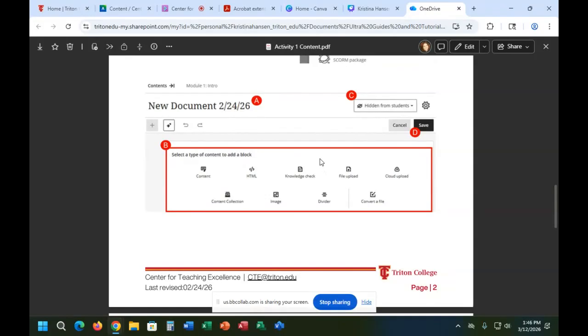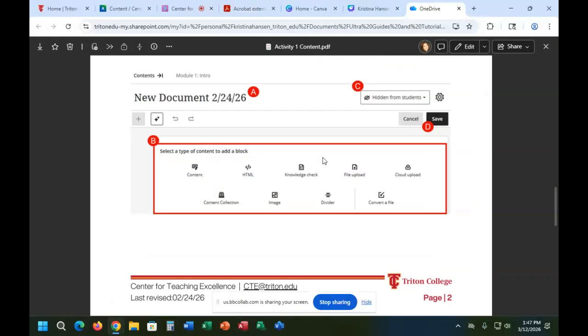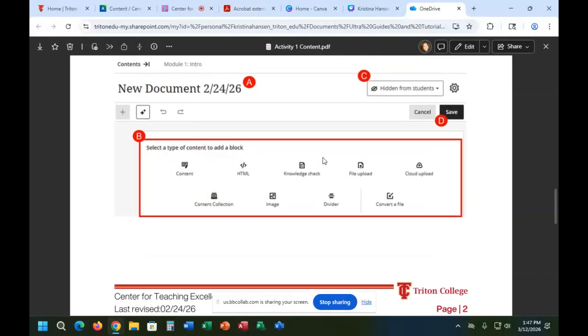Okay, so this is kind of, when you say new document, the options that you will have. If you're embedding videos, you want to do the HTML and do the embed code. So if you're doing YouTube, when it says share, embed, yeah. So this is where that would go. So that's for code. And you can always modify that code by adding stuff. I know I did a custom code for